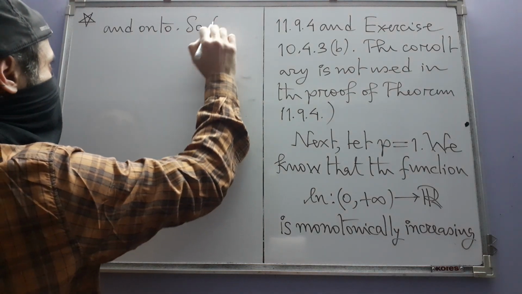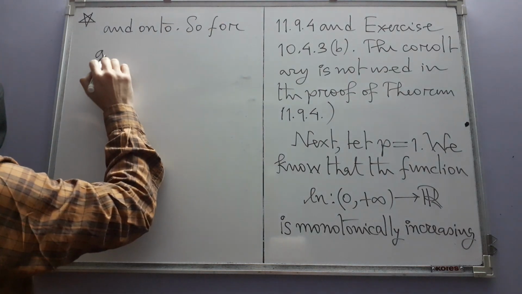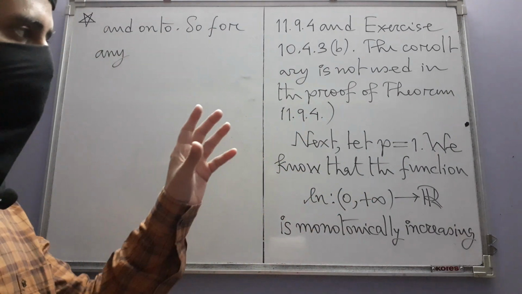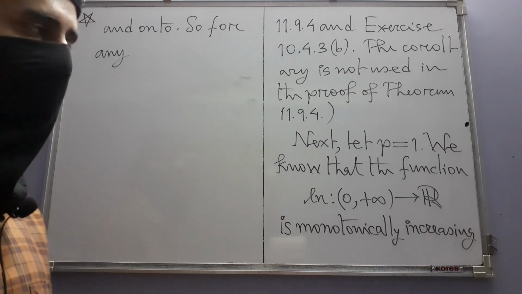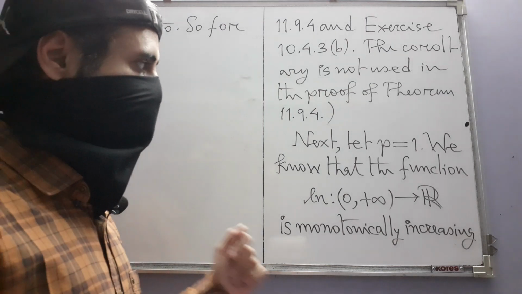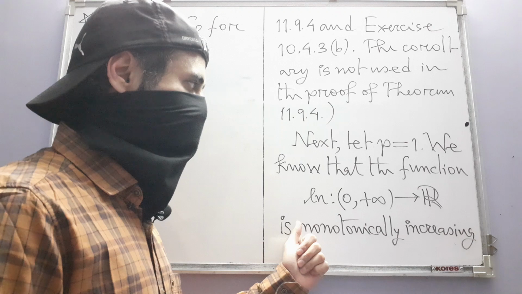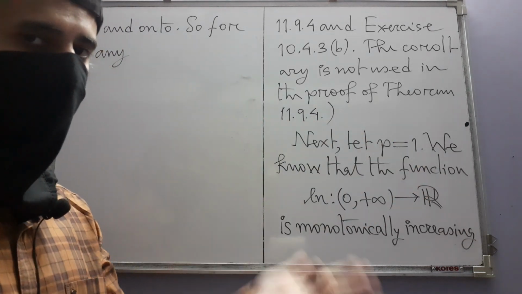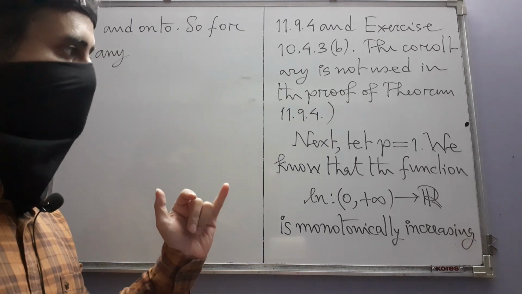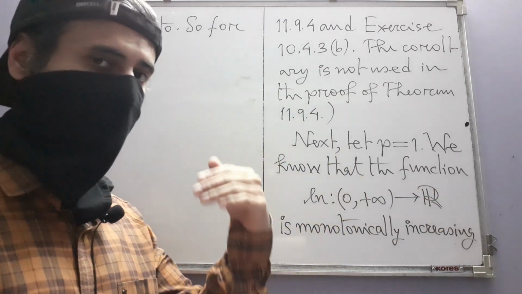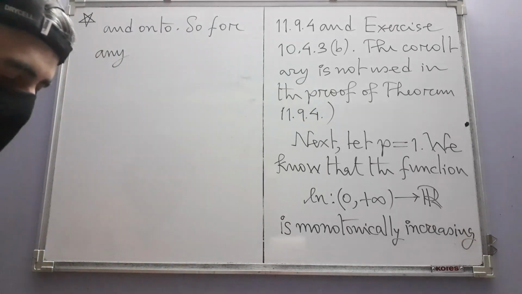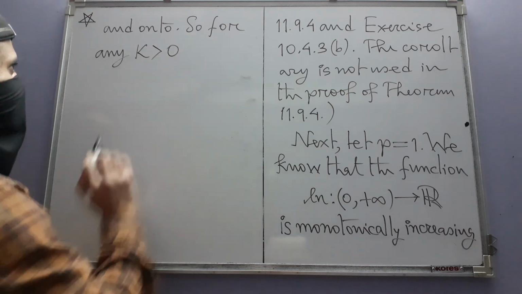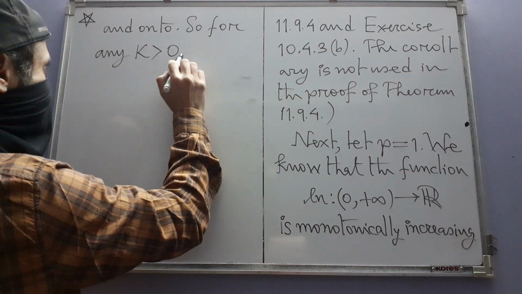So for any, okay, so now again we will have to calculate another such integral, but this time we have to show that the series diverges. So we do not want the supremum this time to be a real number, it won't be a real number. We have to show that it also diverges, I mean the supremum is plus infinity. So for that we are going to choose any positive real number k. So for any k greater than 0,